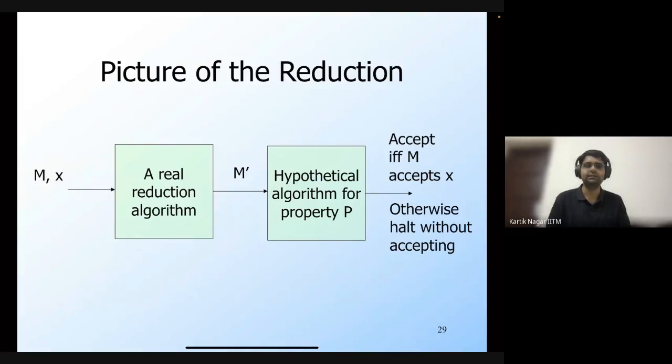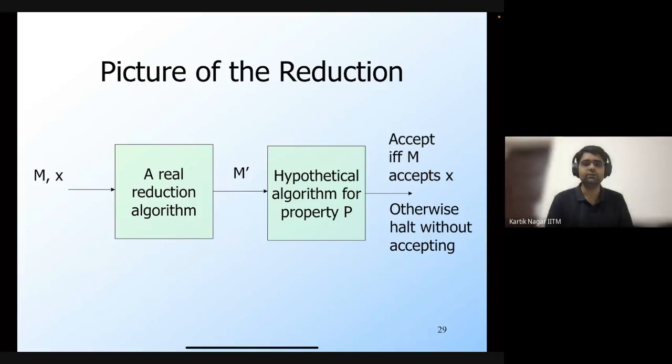So in the last lecture, we looked at the proof of Rice's theorem, right? Rice's theorem says that if you have a recursively enumerable language, then finding out whether or not this language satisfies any non-trivial property is undecidable, which means that there does not exist another total Turing machine or algorithm which can take as input a Turing machine and find out whether or not the language of this input Turing machine satisfies some non-trivial property P, right?